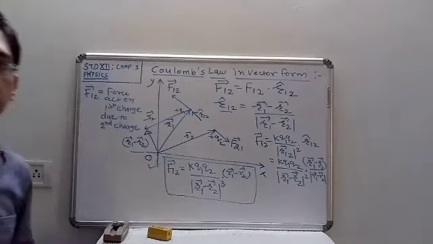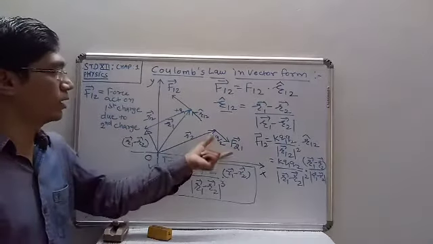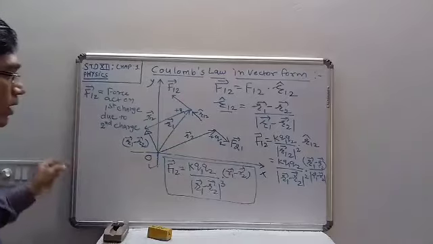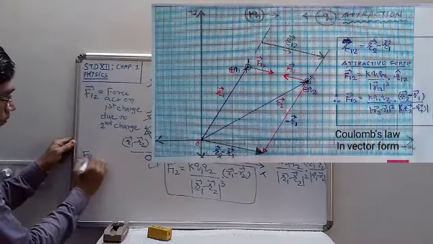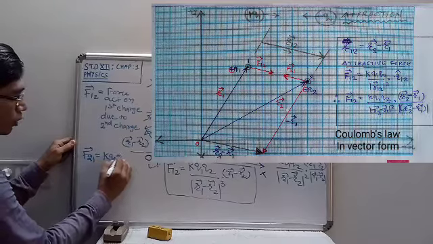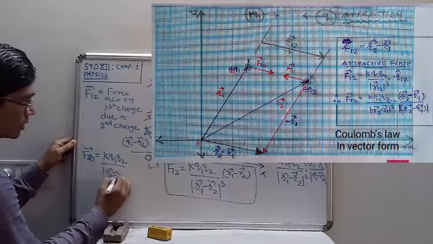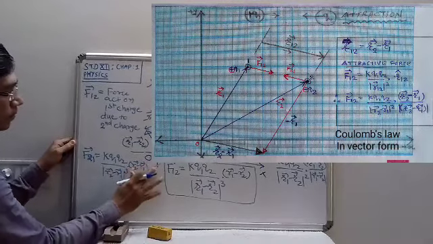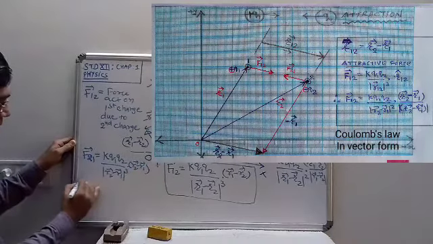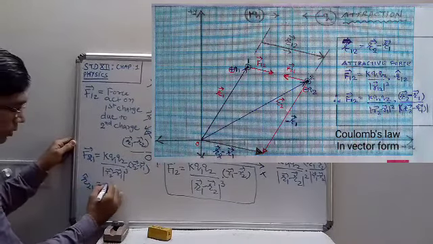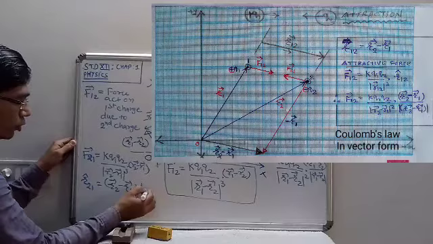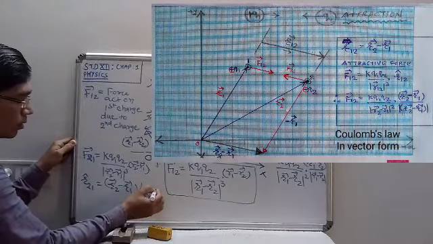This is the Coulomb's law in the vector form. Now same way, if we are taking the F21 which is opposite to the F12, we can also derive the equation of the F21 like this, and we can get F21 is equal to K Q1 Q2 upon magnitude of R2 minus R1 whole cube into R2 minus R1, and here R21 unit vector is given by R2 minus R1 upon magnitude of the R2 minus R1.